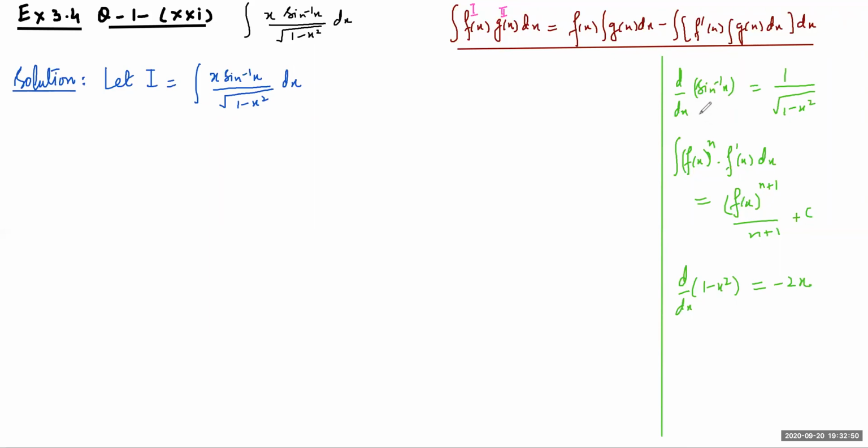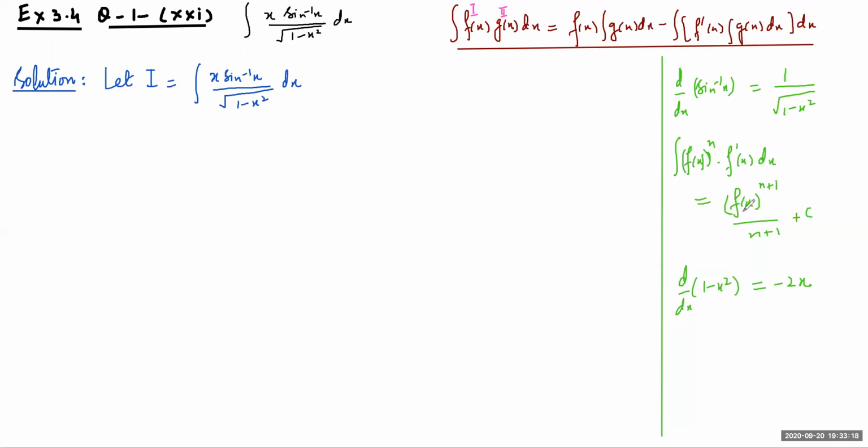The results which we must know for evaluating this integral are that the derivative of sine inverse x equals 1 by square root of 1 minus x square. And we must know that if we have to integrate a function whose power is n, and we have its derivative with it, that is, we have f(x) to power n into f dash x, function to power n and its derivative here,